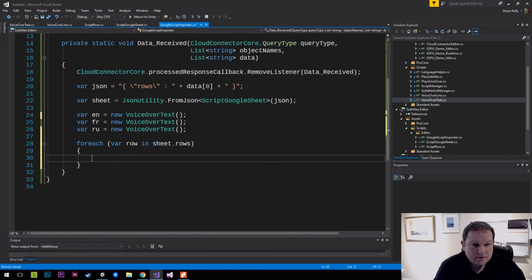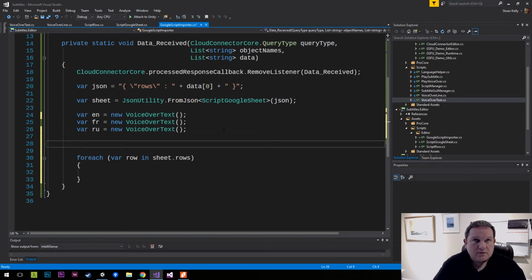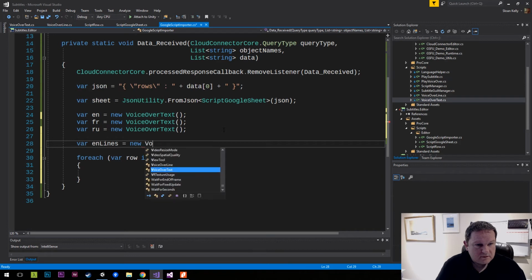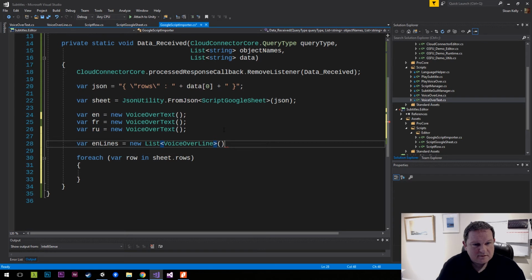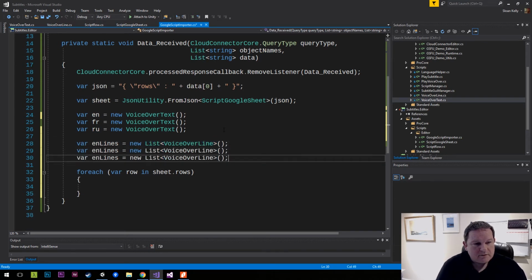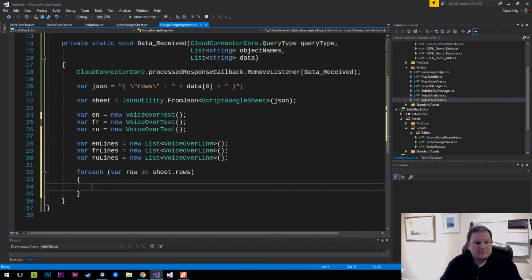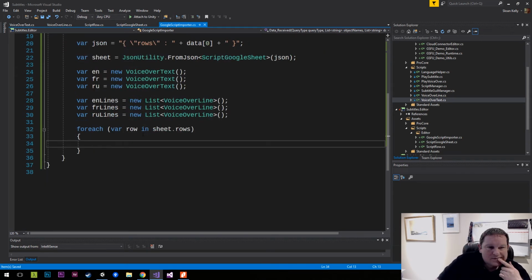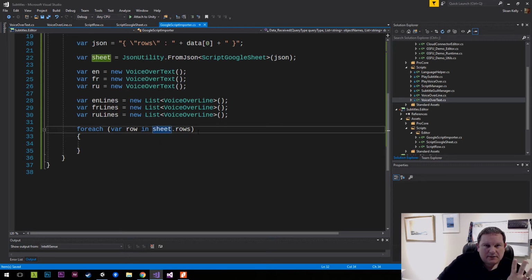So we also need to create a list of lines. So we're going to say var en lines equals new list voiceover line, and we're going to do the same thing for our French and our Russian. So for each row we have to do this manually. Now we can come up with a neat way of doing this,